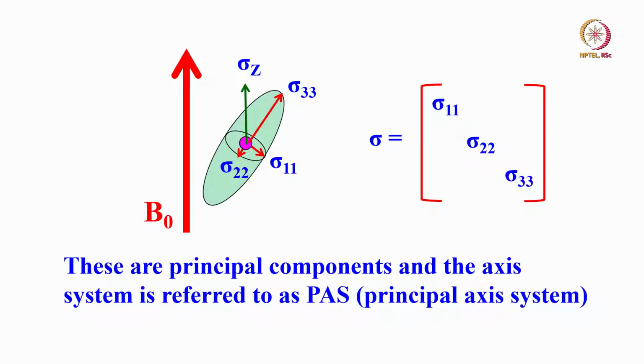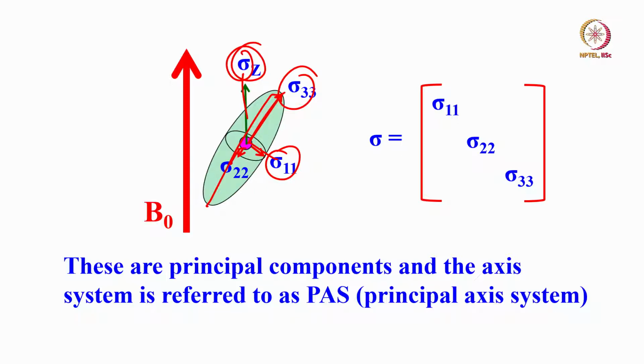This is a beautiful drawing. You can see this is the ellipsoid, which is the CSA ellipsoid. Now it has three possible orientations. This is the z axis, sigma z, the orientation in the magnetic field in the laboratory frame. In the molecular frame, I can consider three orientations: sigma 1, sigma 2 in this direction perpendicular to that, and sigma 3 in this direction. These are the three terms in three different directions of CSA.